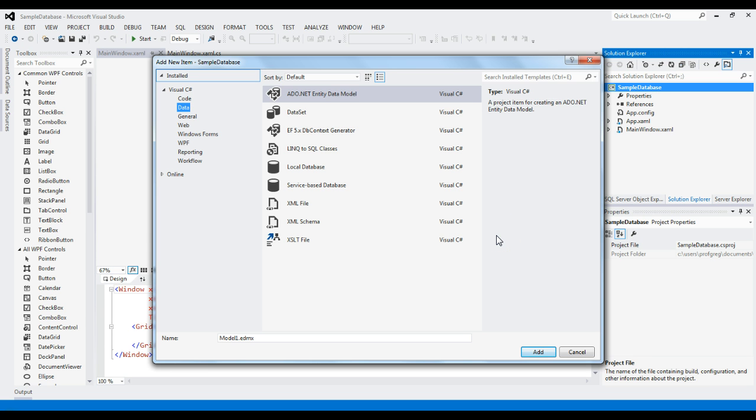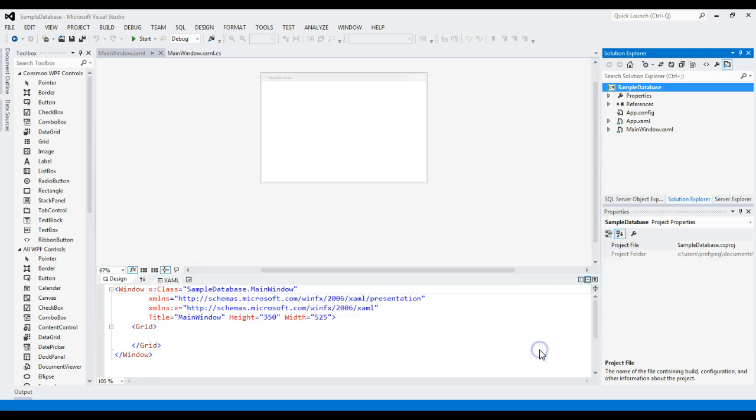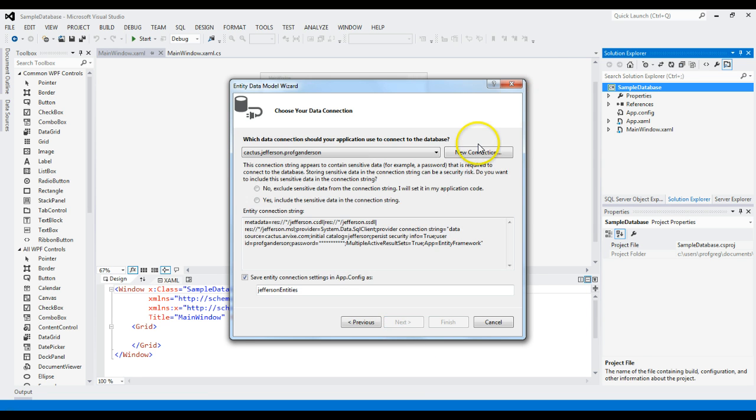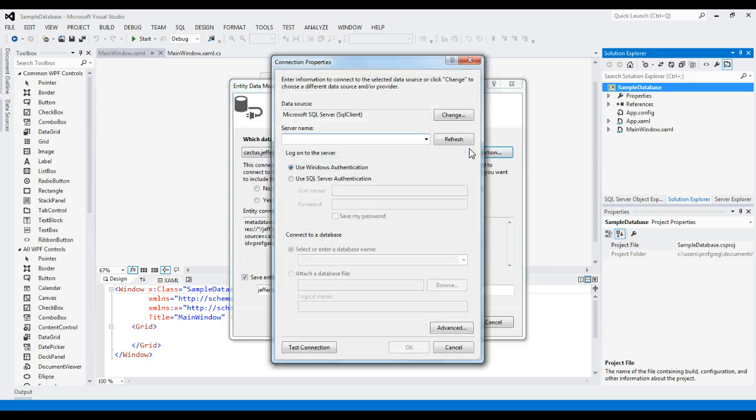I'm going to go ahead and choose the ADO.NET entity data model, and I'm going to change the name. We're going to go ahead and keep using our Jefferson data model, and I'll just call mine Jefferson and click Add. And then it brings up our wizard. We're going to create from a database, so I'll click Next. I'll create a new connection, and it will be